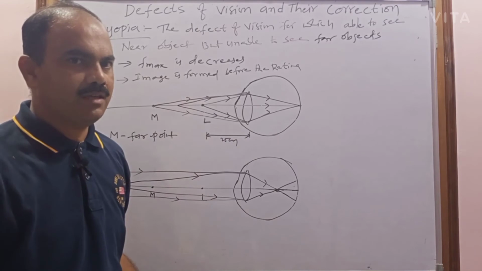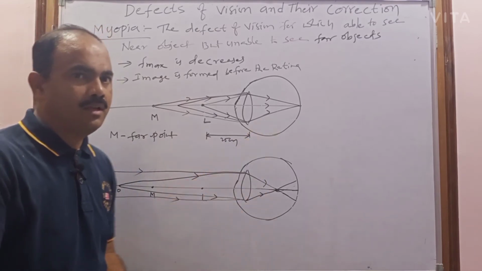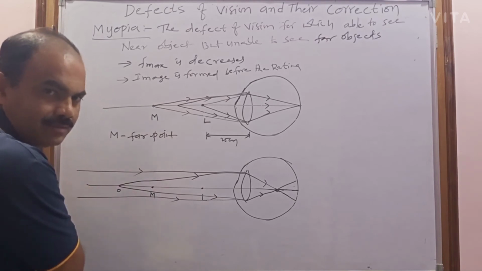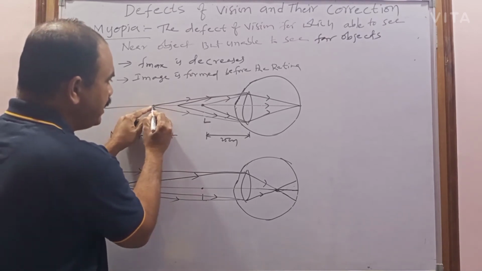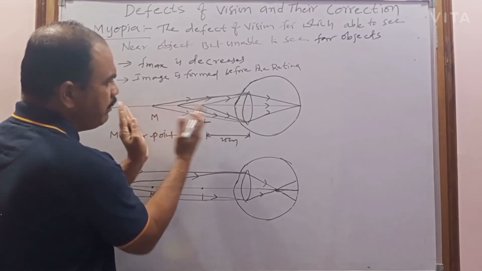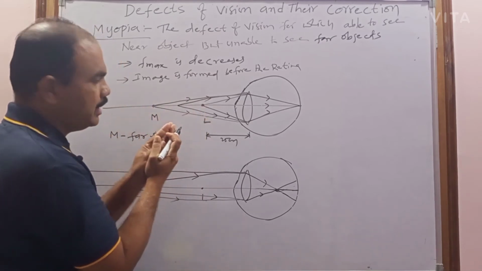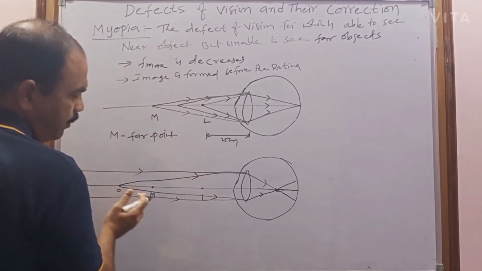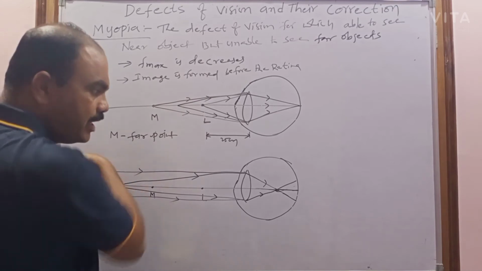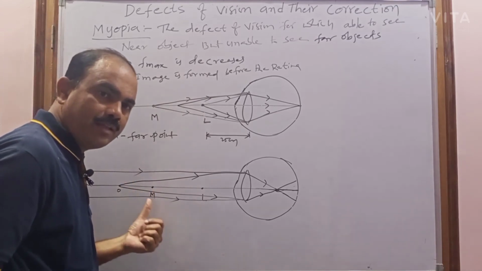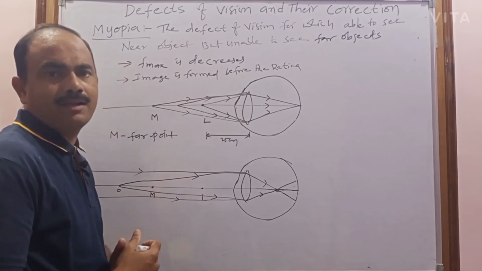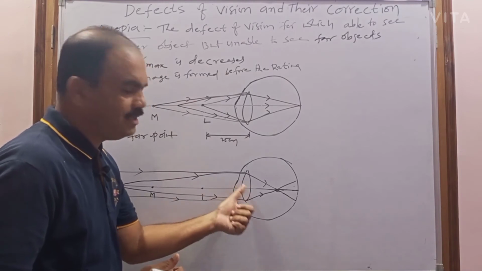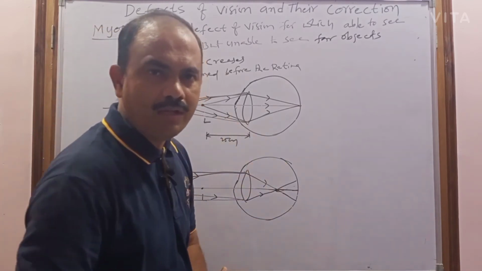మరి how can it be corrected అంటే, when that person can see, if the object is beyond M, we have to bring the image of this object at M or at L or between M and L. సో అంటే nothing but మనం ఇప్పుడు ఏం చేయాలి? ఏదో ఒక లెన్స్ ని యూజ్ చేసి, M కు అవతల ఉన్నటువంటి ఆబ్జెక్ట్ యొక్క ఇమేజ్ ని M దగ్గరకన్నా తీసుకురావాలి, లేదా between M and L దగ్గరకన్నా తీసుకొస్తే, then that image can act as an object for this eye lens, so that finally the eye lens can form the image on the retina.